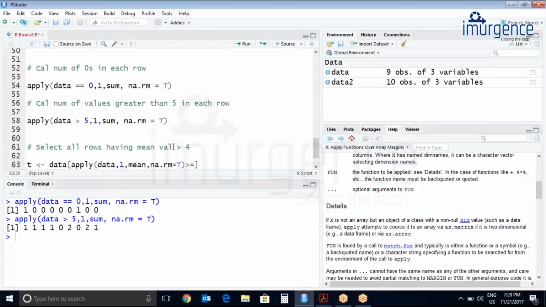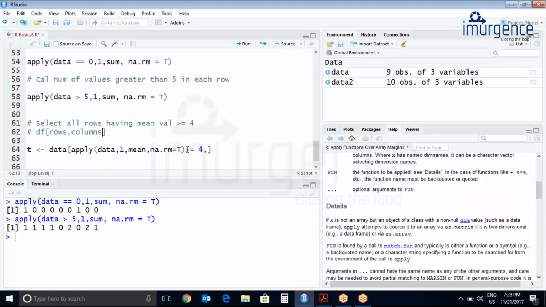So mean value greater than equal to 4. And again just add a comma, because everyone knows that whenever we access anything in a data frame or matrix, in a comma, here you play with rows and here you play with columns. So make a note of this.